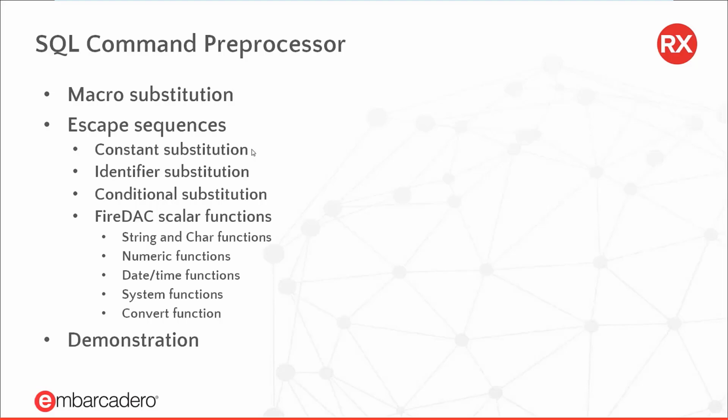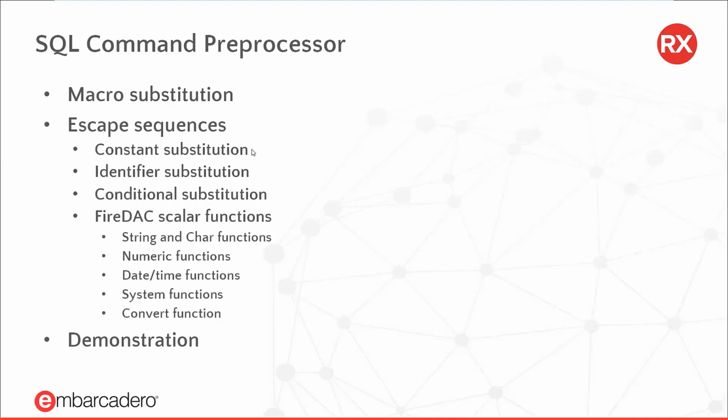Identifier substitution allows you to specify field names, and those field names will be enclosed in the proper delimiters for that particular database. A lot of databases use, let's say that your fields have spaces, in most database servers, you're going to enclose the field name in double quotes. When you do identifier substitution, FireDAC puts it in the appropriate delimiters to identify